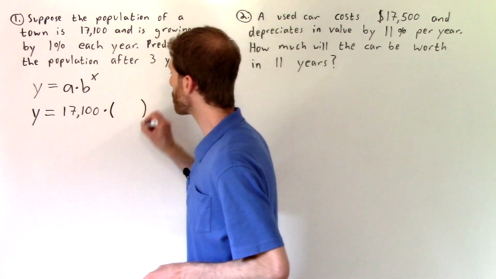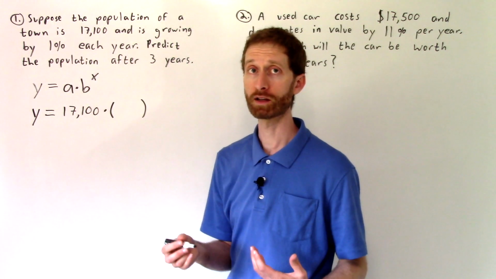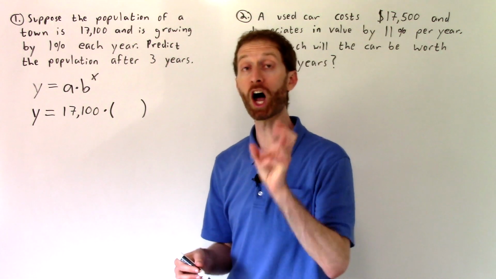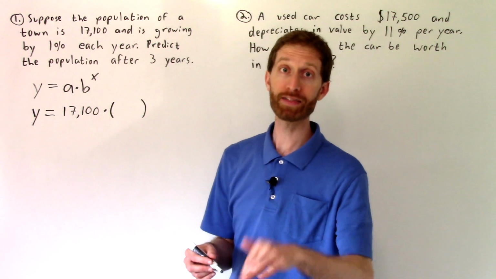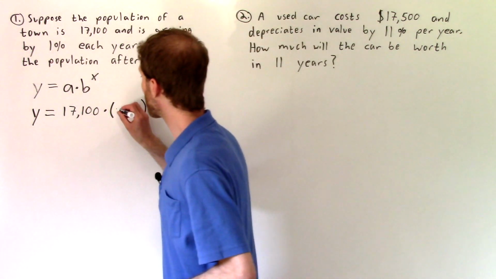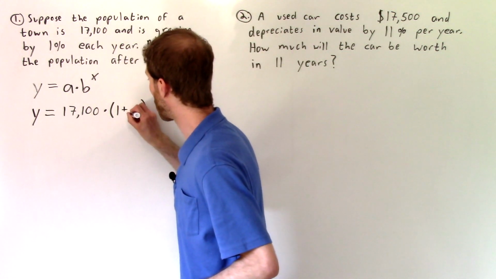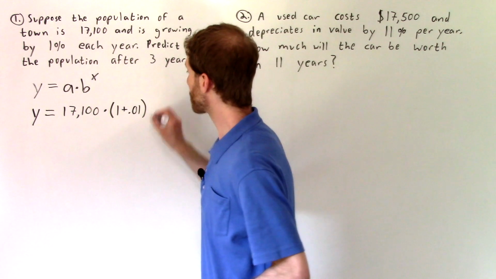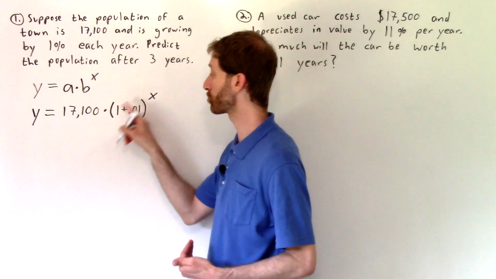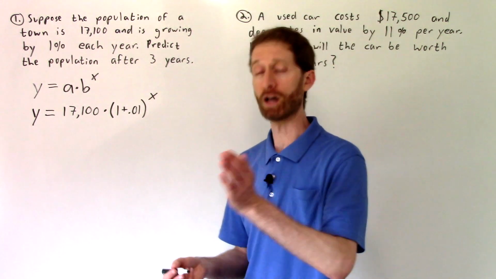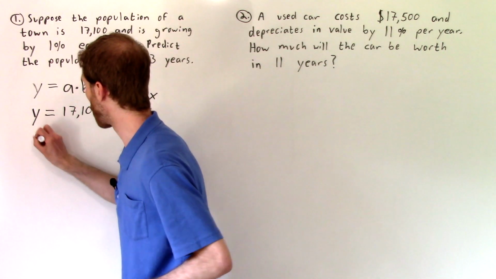Well, we know that we want the total population, so we're not just going to put 0.01 for 1%, because the total population is 100% of the population from the year before, in addition to that, the added 1%. So that's going to be 100%, or 1, plus 0.01. And that's going to be raised to the x, where x is the number of times we're going to be raising the 101% growing that we get. 100% plus the 1% we grow by. And so this simplifies down to y equals